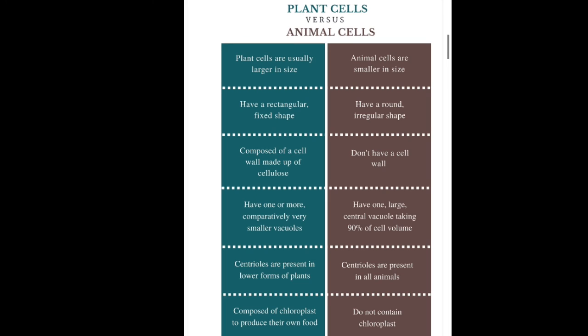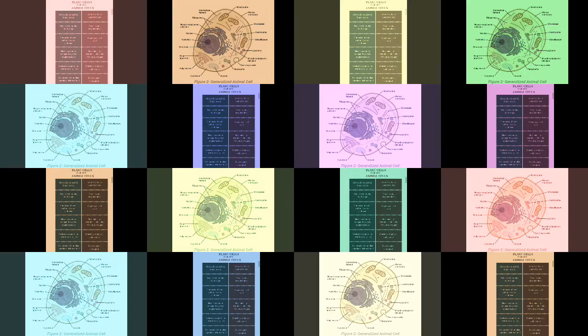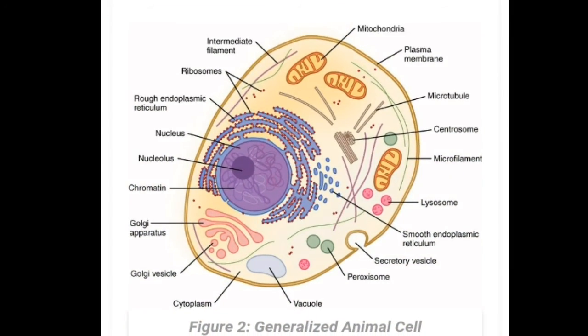The sixth difference is that lysosomes are more in number in the animal cell, while in the plant cell lysosomes are either absent or very few in number. And the seventh point for the animal cell is that centrosomes and centrioles are present for doing cell division, while in the plant cell centrosomes and centrioles are absent, and instead polar caps are present. So this is all about the difference between the plant cell and animal cell.